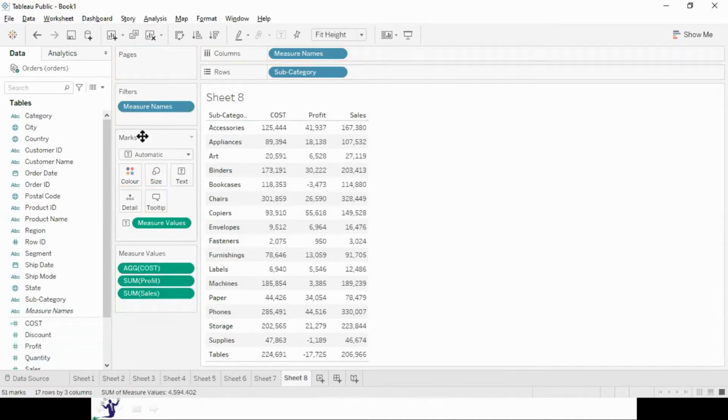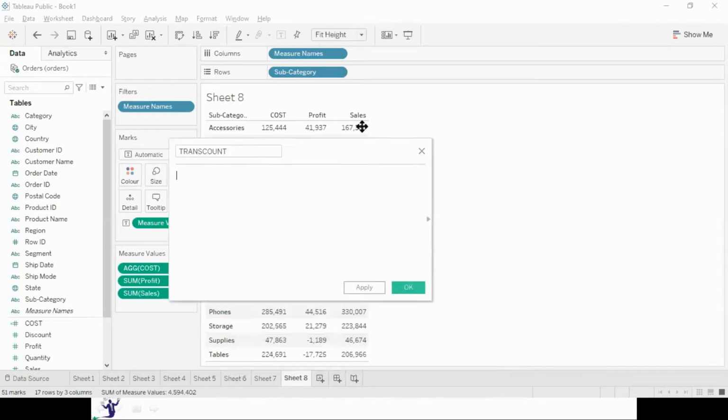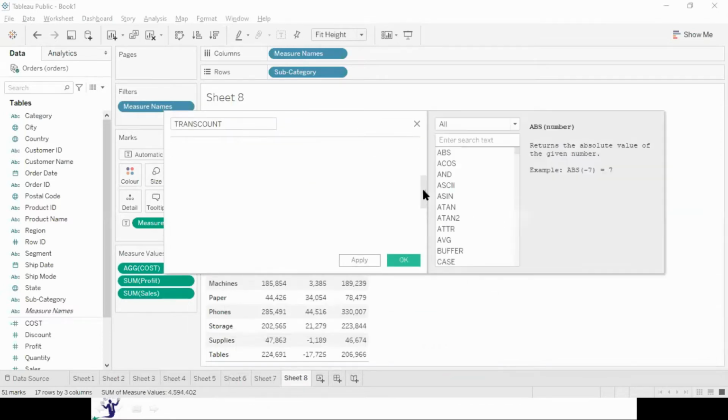Another way of creating a calculated field is you can click on this drop down arrow and you will see there is an option called create calculated field. Let's say I wanted to find out the number of transactions, how many transactions have been done in each category. Transaction count. Now, supposing I don't have any idea what formula to write, I can click on this small triangle over here and you will see a lot of formulas. So no need to remember these formulas. Whenever you click on any of the formulas, you will get a complete description of the formula along with the